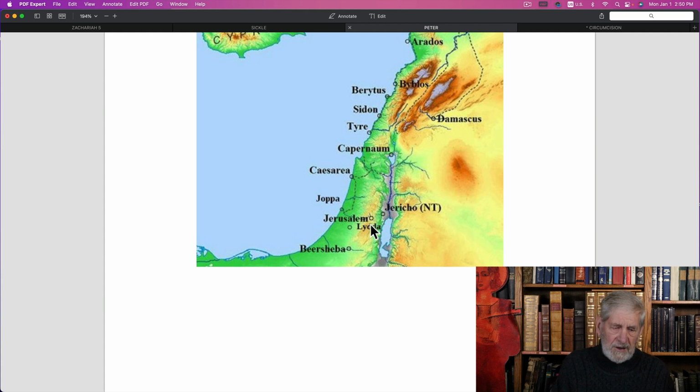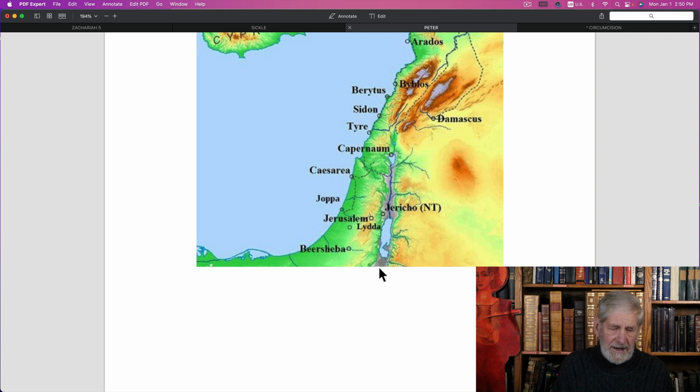And then Herod imprisons Peter after killing James, and Peter is released from the prison by an angel. This is all in Acts 12. And then a council at Jerusalem takes place in Acts 15, and that's the last place in the book of Acts that it mentions Peter being in Jerusalem. But then we see Paul going to Jerusalem to inquire of Peter, and that's in Galatians 1:18.